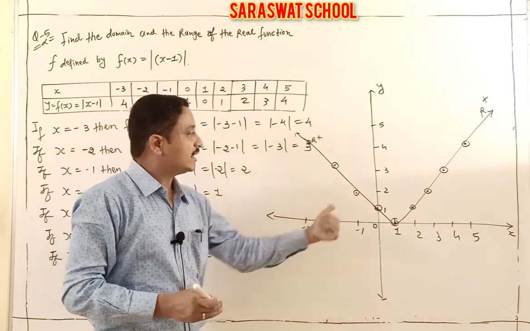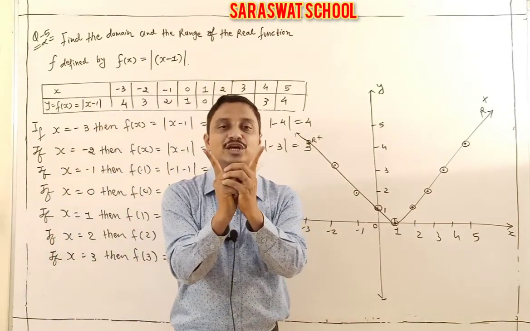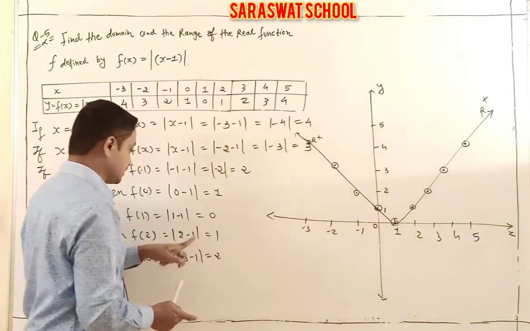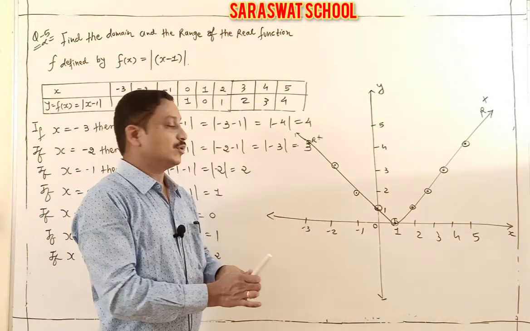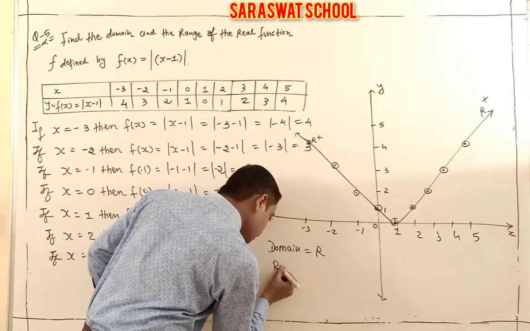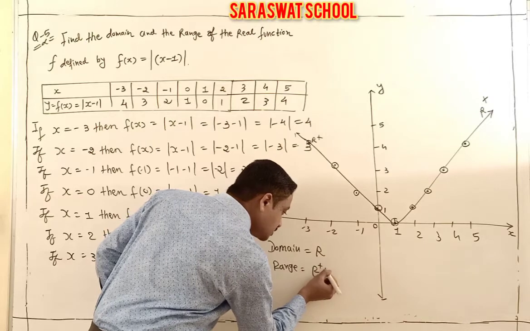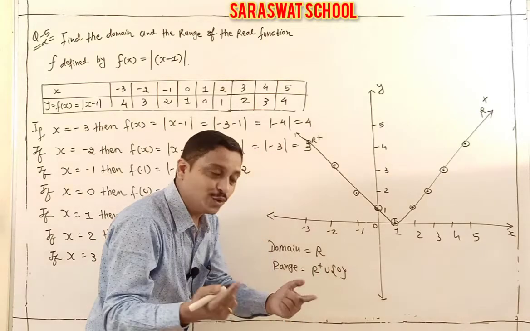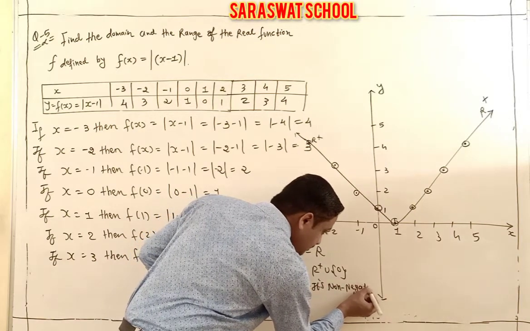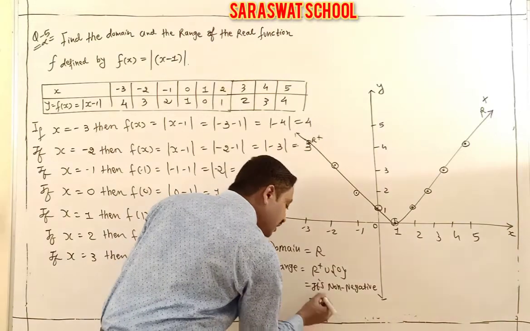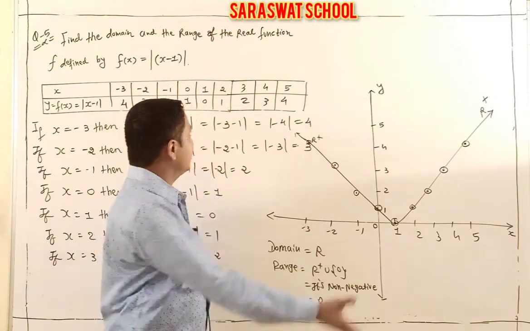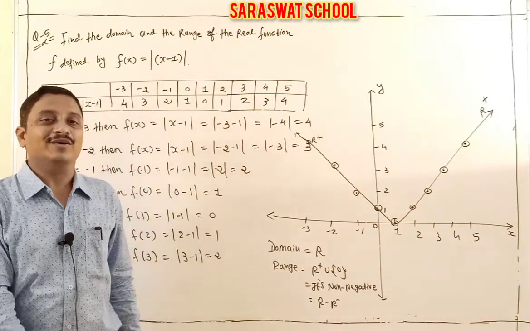You plot some numbers this side and this side. The graph is what? Union of two rays in R plus. 0 is also present here. Answer C. And R plus. So what is my domain? Domain is any number in R, but range is R plus union 0, meaning again non-negative. Yes students, it is non-negative. Either you write R minus or R minus, it is also the same result. And here we easily and happily finish these questions.